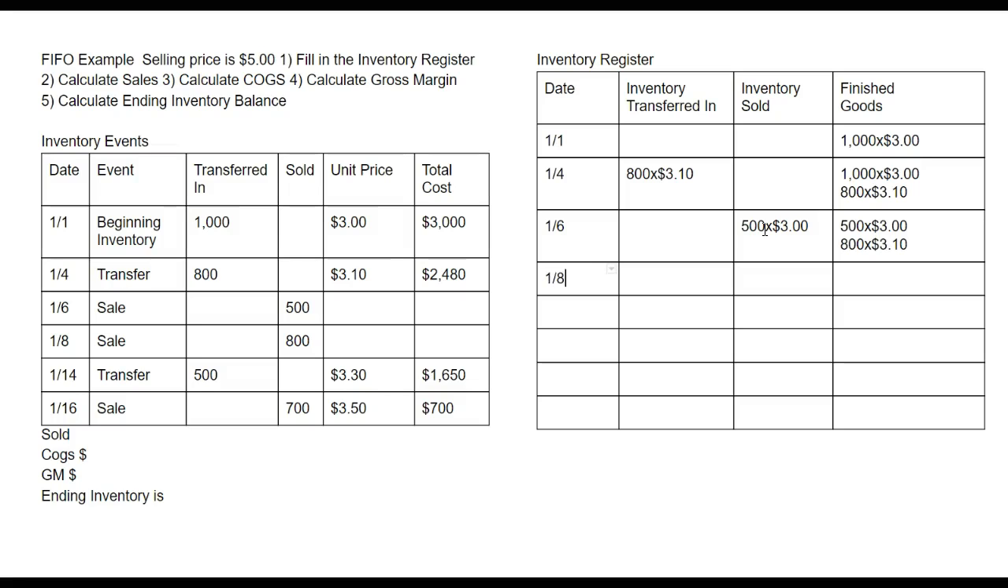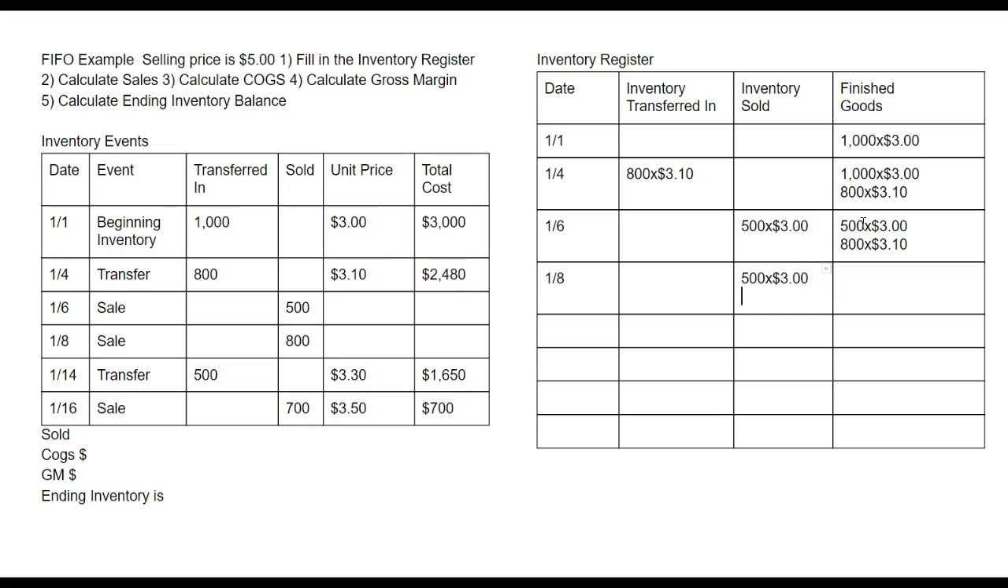On 1/8, we're going to sell 800 units, but now if we look over here, we only have 500 left, so we're going to sell all 500 of those units at $3 per unit, and then the other 300 is going to come from the 800 bucket. So we're going to multiply that by 3.10. So what we're left with then, our inventory that was the newest now becomes the oldest,